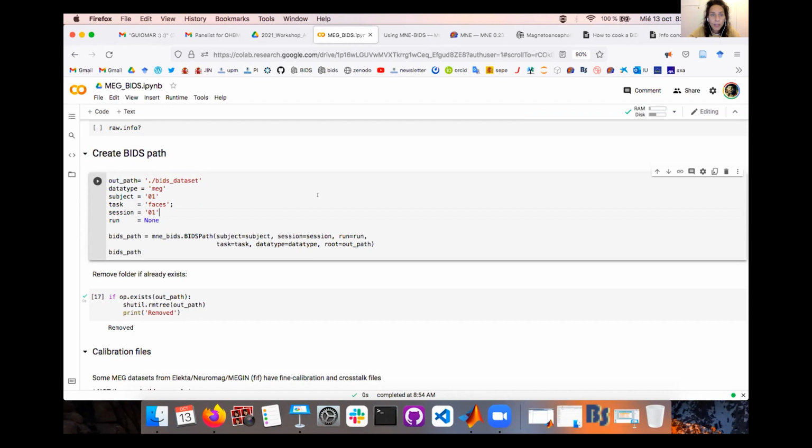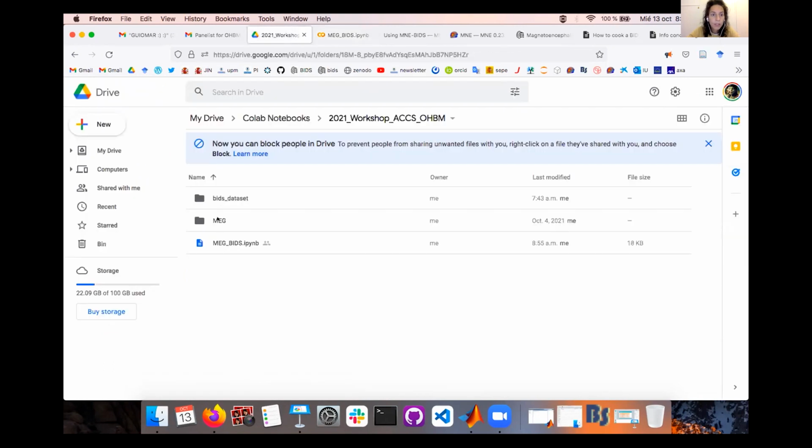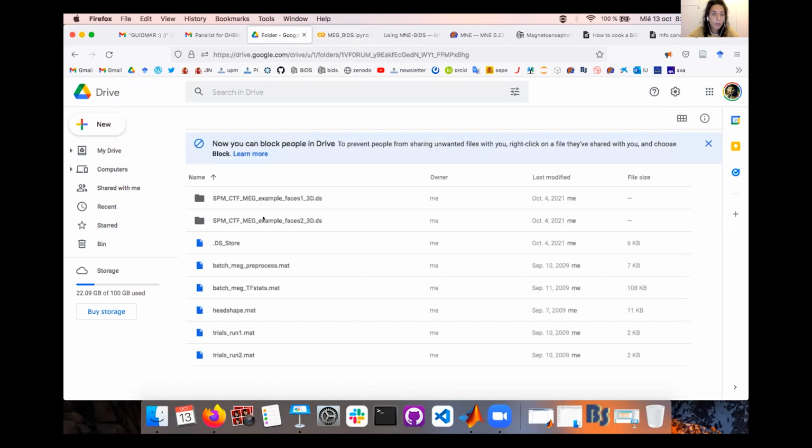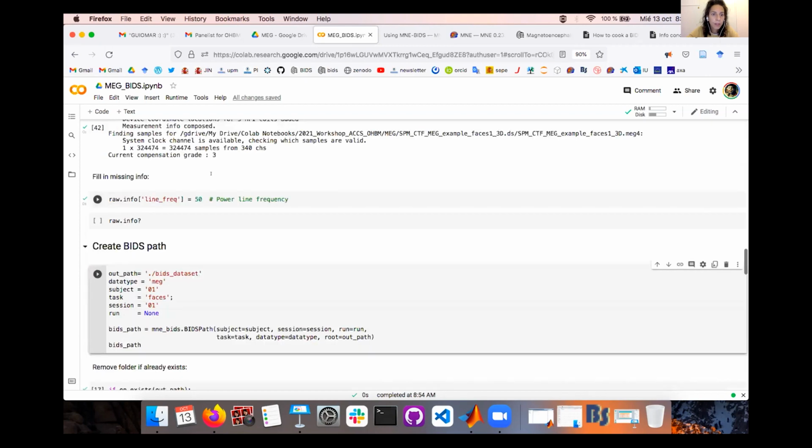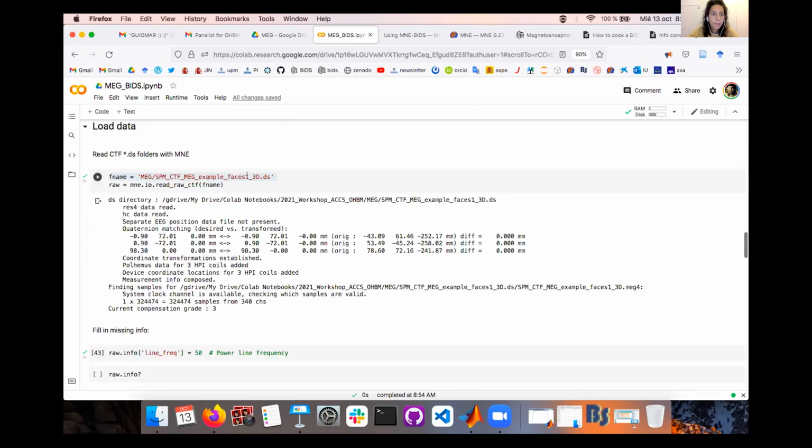And as you may see, for this run in SPM, they specify that they have 2 sessions. So these 2 folders are 2 different sessions, not 2 different runs. So in this case, we are going to put run none, because it's just 1 run, and the session we have just loaded is phases 1.